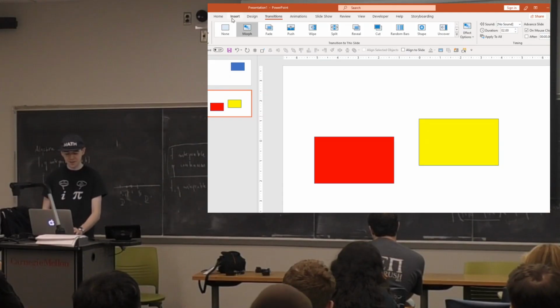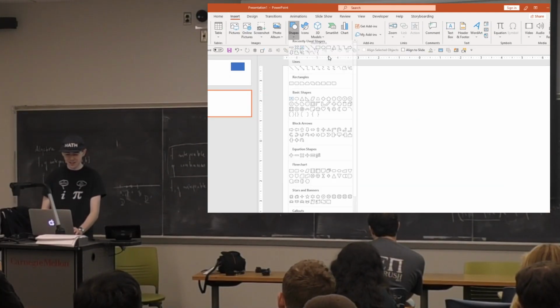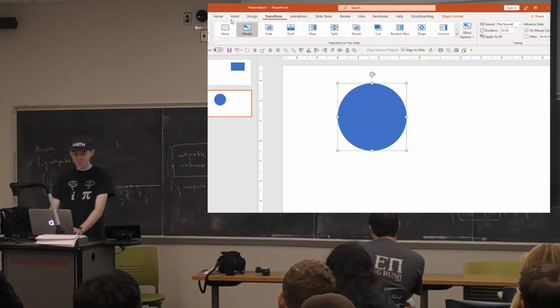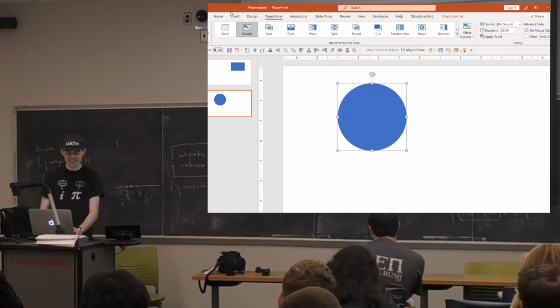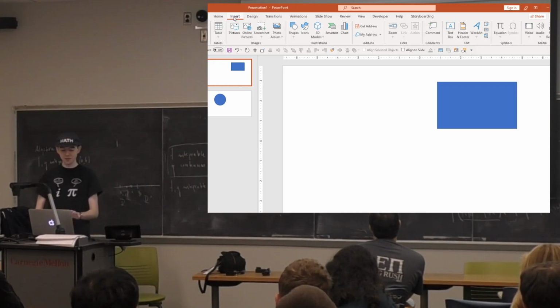Okay, so that's kind of fun. But what if we just get rid of both items and we get a circle, right? What's it going to do with that? All right, so in this case, it just cheats. All right, that's disappointing, very disappointing. But this frequently happens with PowerPoint, where you try something, and then there's a little bit of disappointment, but then